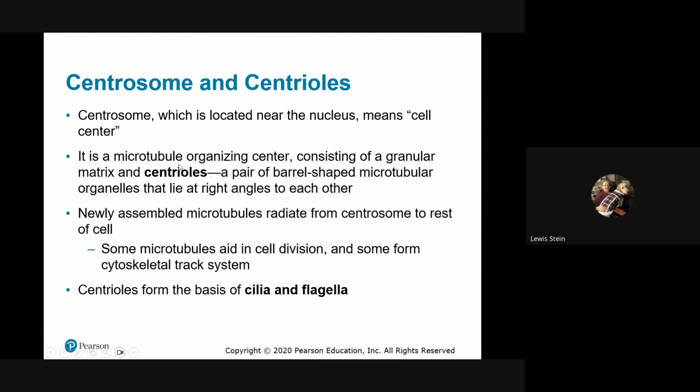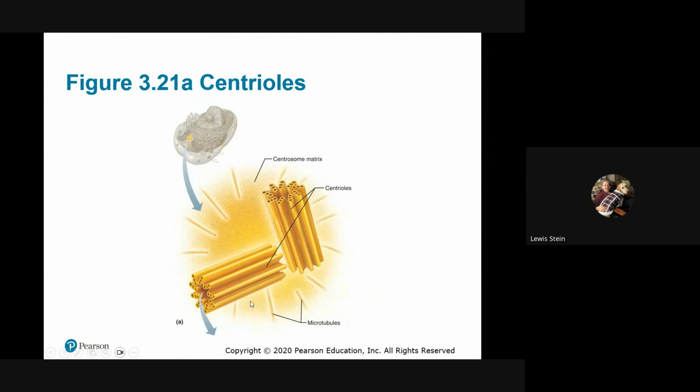And so the centrioles are barrel shaped. Where it comes from, right angles, not a big deal. Radiate. The big deal is cilia and flagella. It's going to be the last topic for here. So the centrioles, and this is very interesting. Again, one of the areas that support evolutionary biology very well are these structures. In bacteria, at the base of any of the flagella that protrude, so to speak,